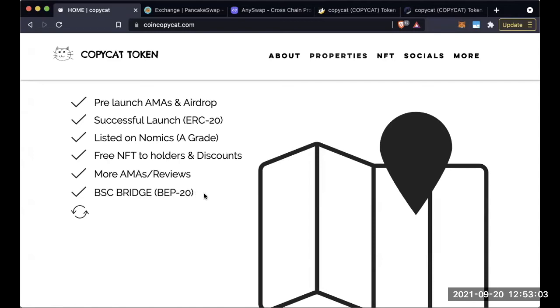I want everyone to be able to execute the idea of labeling copycats, but it is getting harder and harder on Ethereum because the gas fee is insane and it just hinders the progress of anyone doing such actions. And also the swap is expensive on Uniswap because it scales with the complexity of the operation you are doing. So that's why I want to bridge it to Binance Smart Chain first